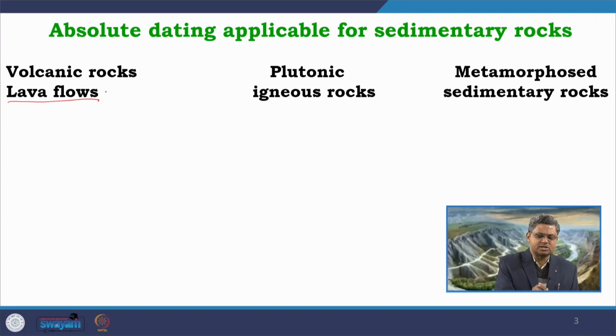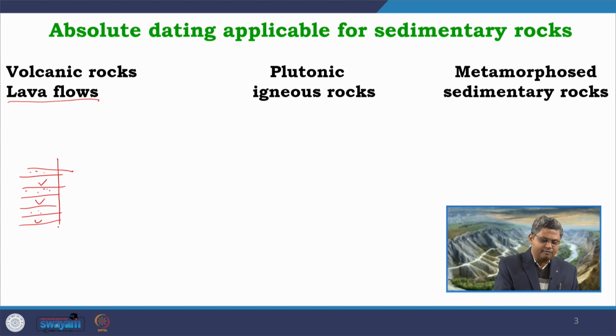We can take examples, and with those I will try to explain. When we try to get the absolute age of sedimentary rocks, we can use three different tools. Number one, some volcanic rocks or lava flow. Say one sedimentary bed is intermixed with lava flow. Maybe there are alternate beds of a sediment layer followed by a lava flow, again a sediment layer followed by a lava flow. Multiple such layers one after another, where this is a volcanic layer, this is a volcanic layer, and the intermittent units are the sedimentary units.